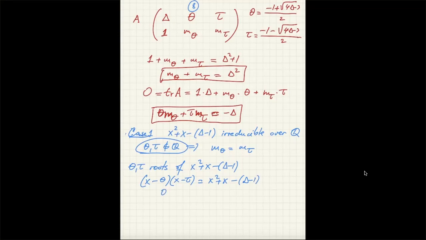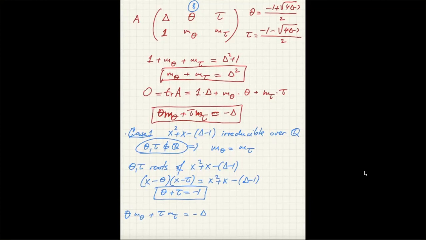And we know that theta plus tau must be equal to minus 1. Okay, they're both irrational, but their sum is minus 1. Now, how do I prove that the multiplicities are equal? Well, I take the equation above, theta m theta plus tau m tau equals minus delta,